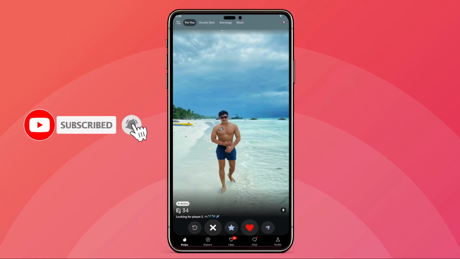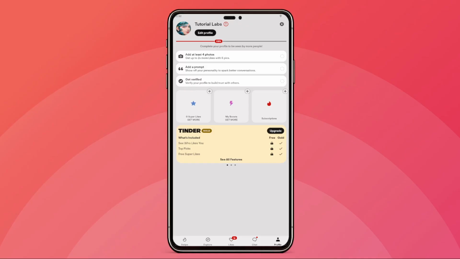First, you'll want to open your Tinder app and make sure you're on the main screen. At the bottom of your screen, you'll see several navigation options. Go ahead and tap on Profile. This will take you to your personal profile page where you can view your photos, bio, and access various settings